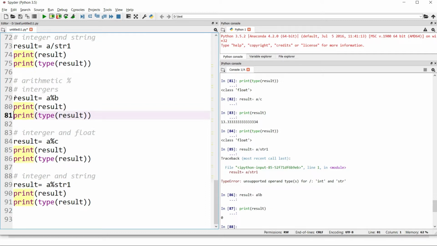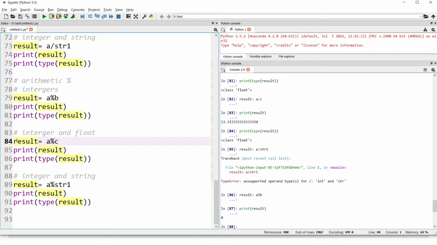If you remember, when I divided 20 by 10, it gave you 2.0. So after the decimal point you got 0. Now let's find out how modulus operator performs between an integer and a float value.